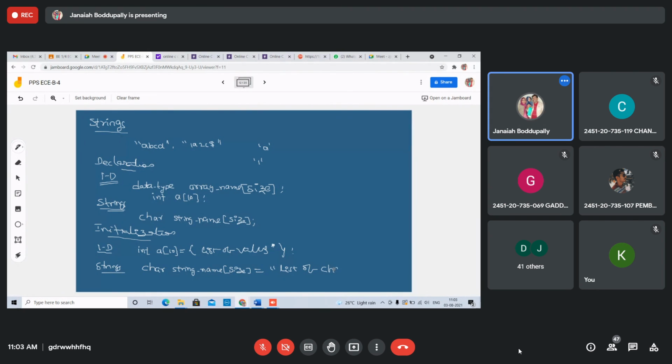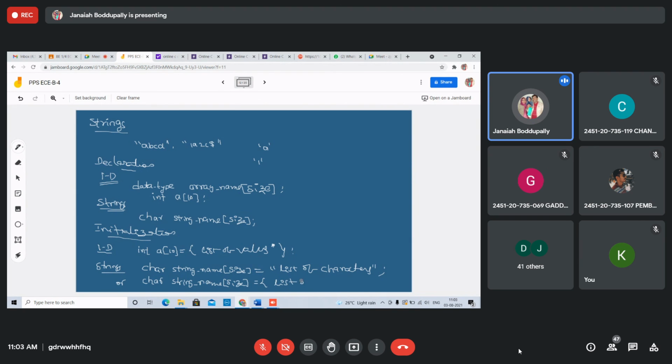Or char string name, size, equals to, in the curly brackets you can write a list of characters.